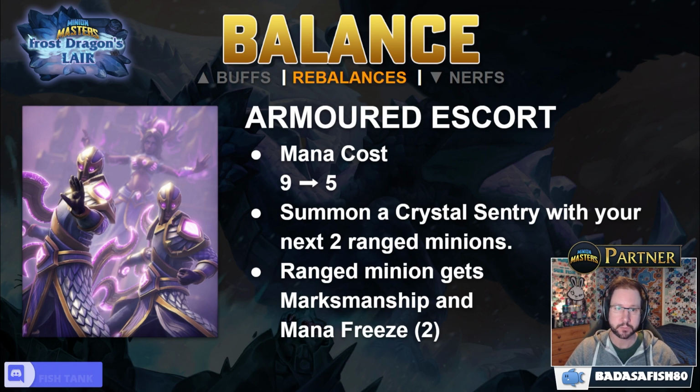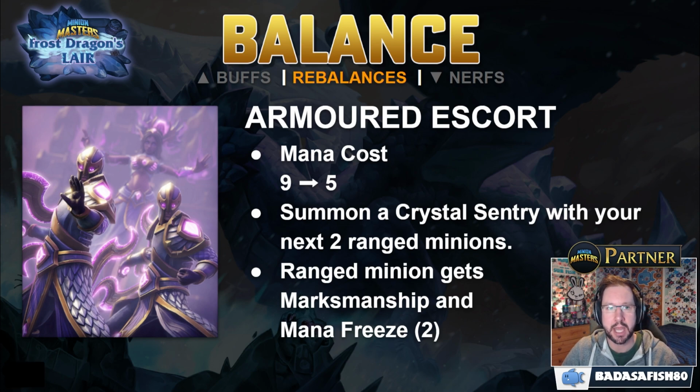So that means effectively your next 2 ranged minions cost 2 additional mana each. So the overall Armored Escort cost is still 9, because it's the 5 up front, and then it's an extra 2 each time you use a ranged minion. So this is designed to not allow you to bank quite so much mana quite so efficiently,